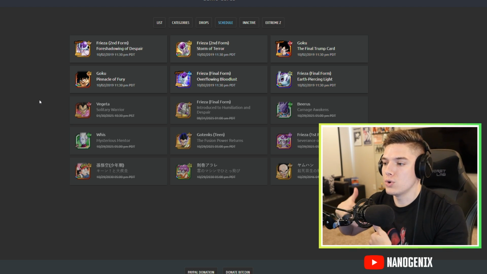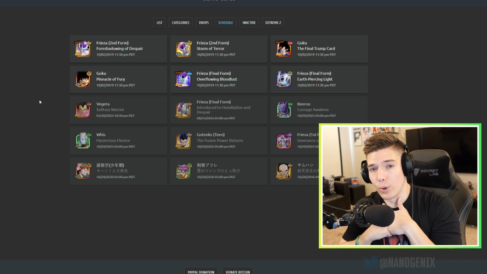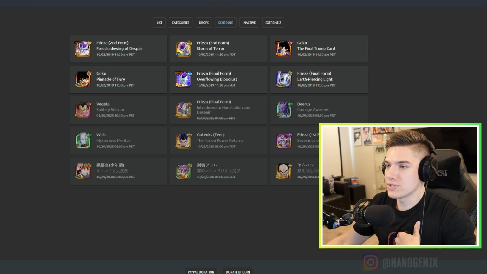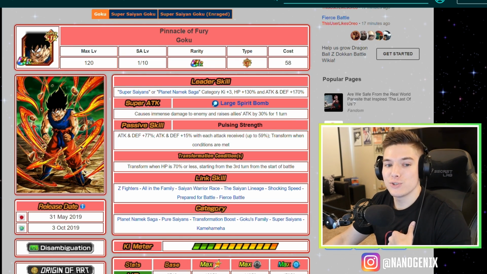And then you have the new STR Goku that is summonable and the new AGL Final Form Frieza that are both summonable units on this banner that we're going to talk about, which we're going to get to in just a second. So first up, we have the Pinnacle of Fury Goku,